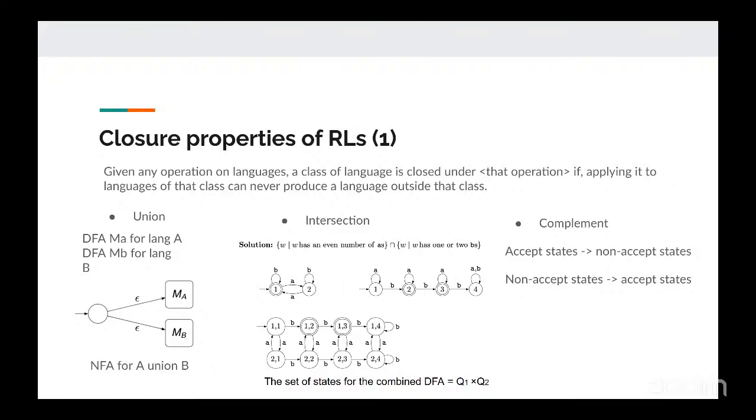We take the cross product, so we now have 8 states. Going up and down is the same thing as going left and right with this DFA. Going left to right is the same thing as going left to right for this DFA. And then for the final states, it's just the intersection. For example, we know 1 is a final state for this DFA. 2 and 3 are final states over here. The pairs, which are labeling these states, represent the first DFA and the second DFA. That's what the first and second element represent. So we want to go to a state which is in state 1 for the first DFA and state 2 or state 3 for the